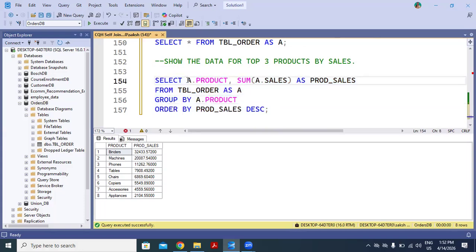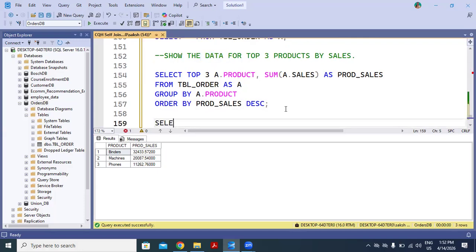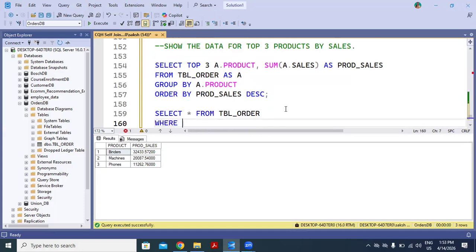So let me write it as top 3 and execute. So yes. Now we want to show the data for these 3 products. So how do we filter it? Select all from the table name where A dot product